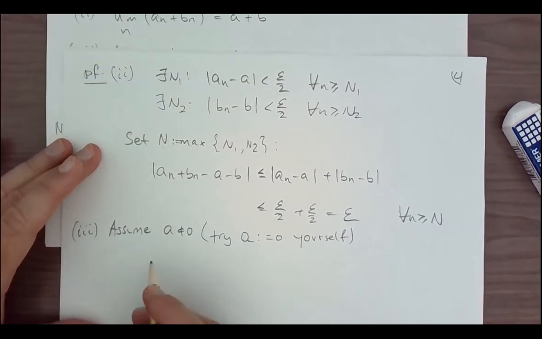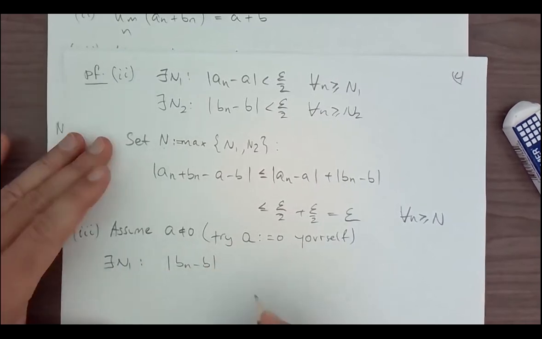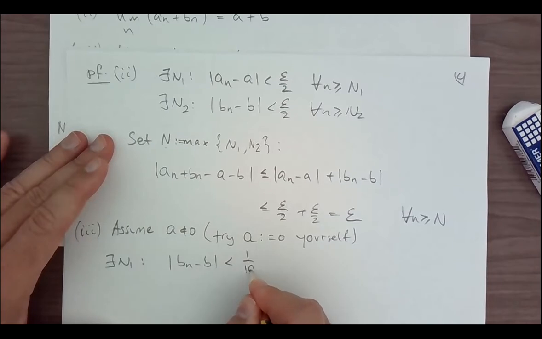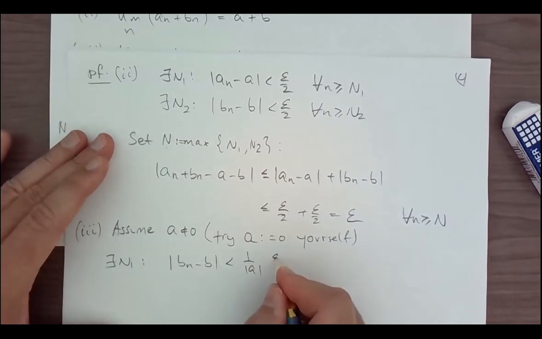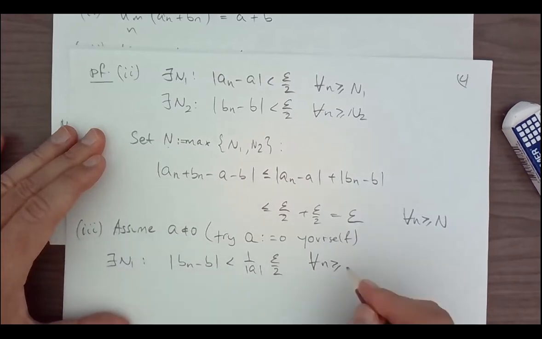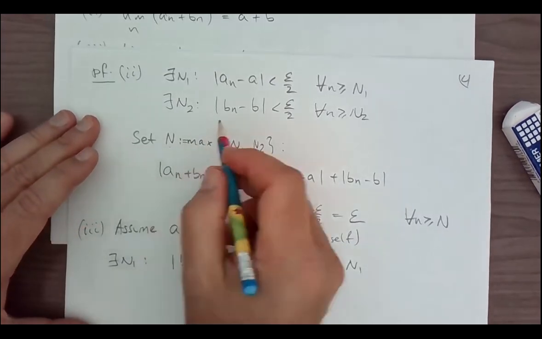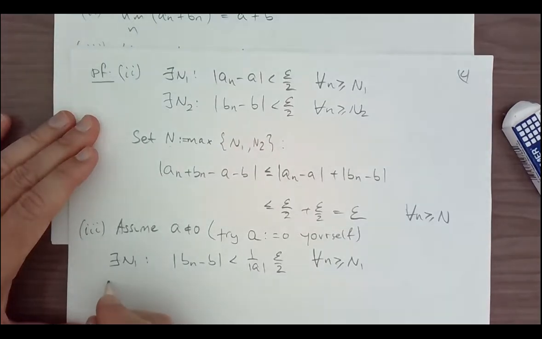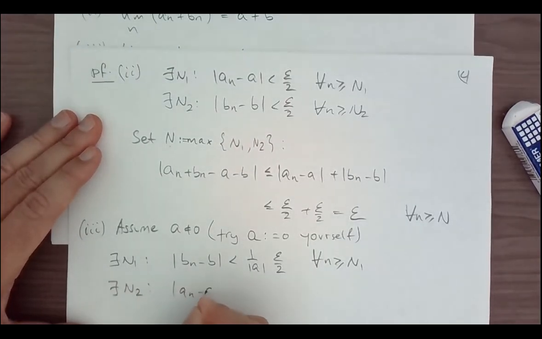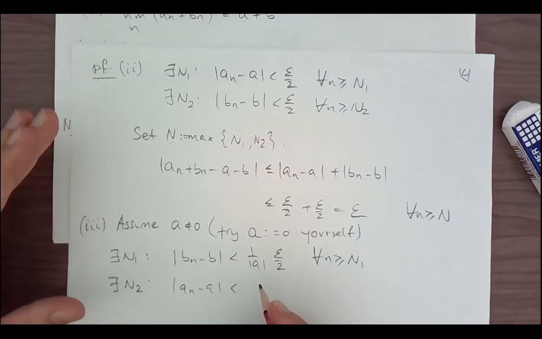So what I want to do is, I know I can find an N1 such that Bn minus B is small. I want to have it smaller than the absolute value of A times epsilon over 2 for any N that are bigger than N1. And likewise, I can also squeeze AN and A together, so there exists another one such that AN minus A is smaller than, I think it is